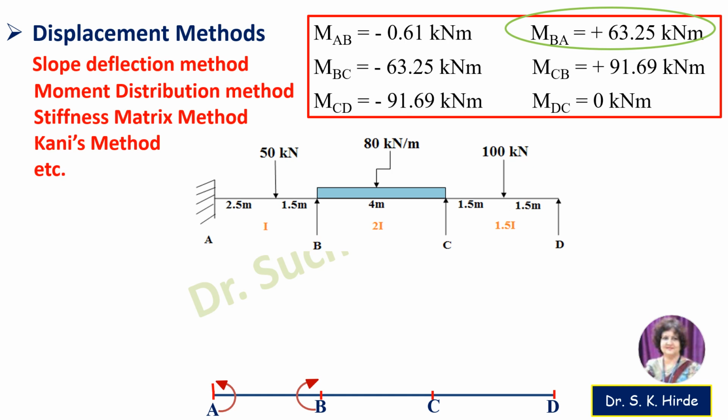Here also, the arrow is above the line, so you have to draw the ordinate above the line. Once you get these two ordinates, you have to join them with a straight line, like this. So this is the hogging bending moment diagram due to support moment, over which now we will overlap the bending moment diagram